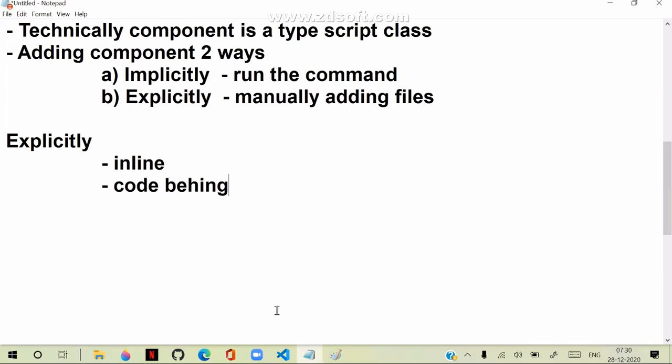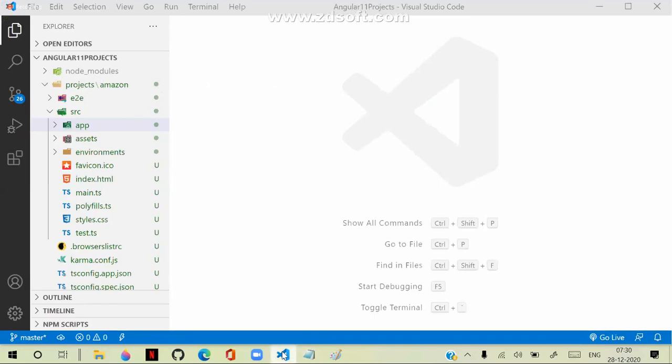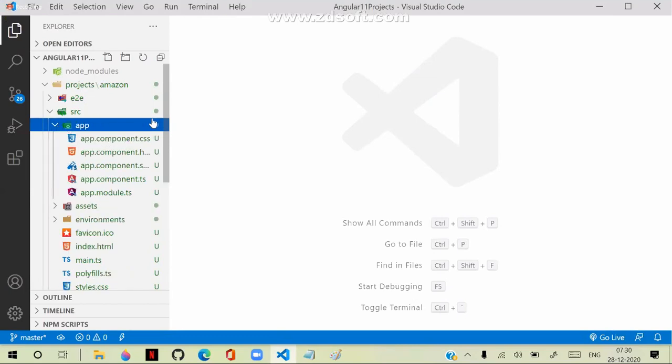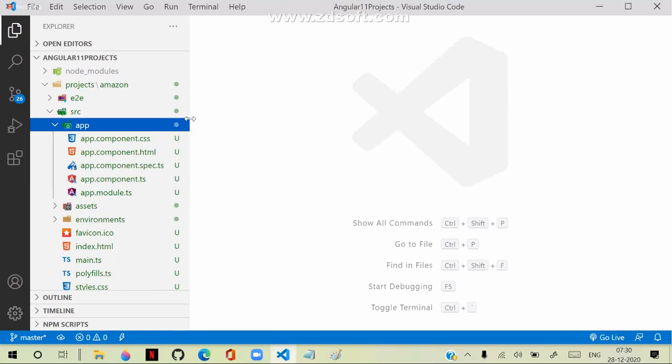So let's go to our project. In the project, we have the app folder. This is the location where application related resources are maintained, meaning dynamic contents are maintained. Non-dynamic resources are maintained in assets. Assets contains non-dynamic content. All the dynamic content is in this app folder.